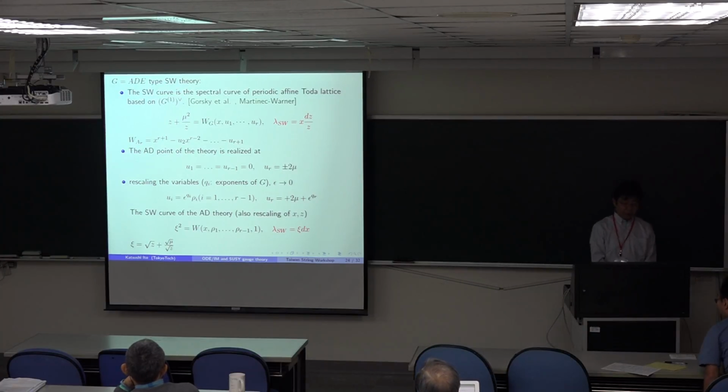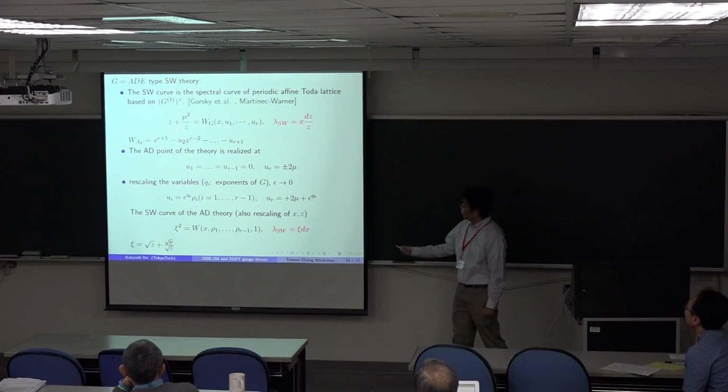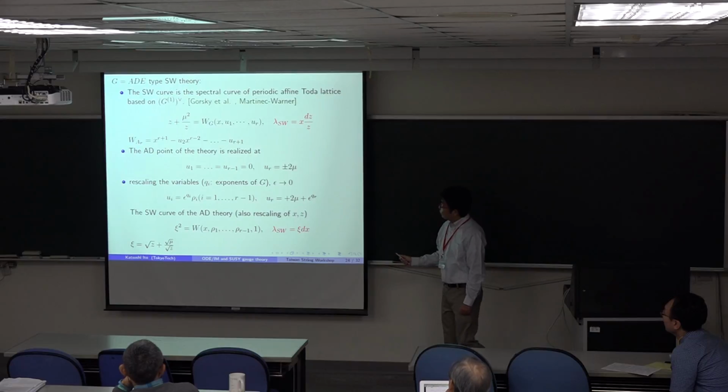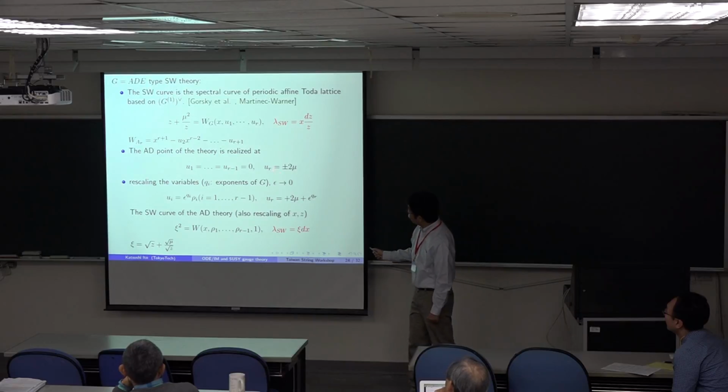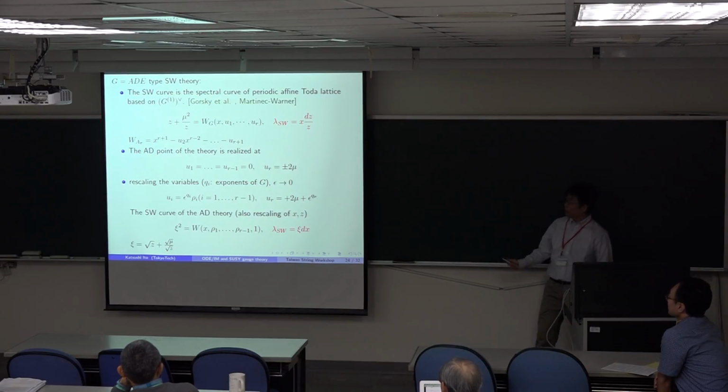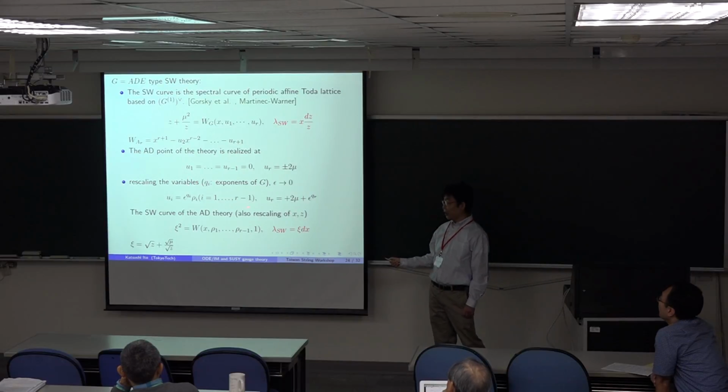So now the Argyres-Douglas point is realized at some Coulomb branch variables, which are said to be almost Z, but the top may be R, in this way it should be R plus 1. So this should be some constant proportional to the scale parameter. Taking some appropriate scaling variables, rho, which is equal to some